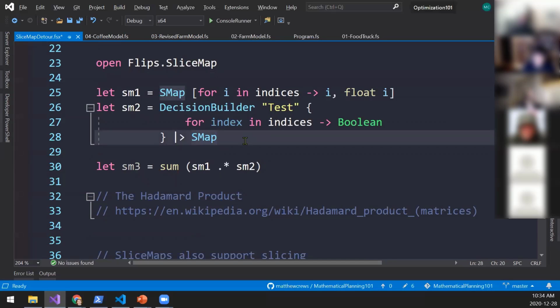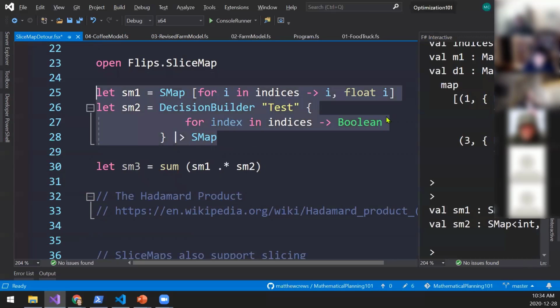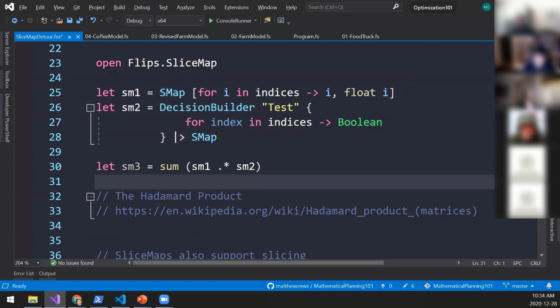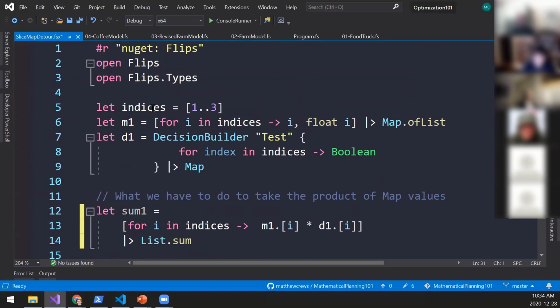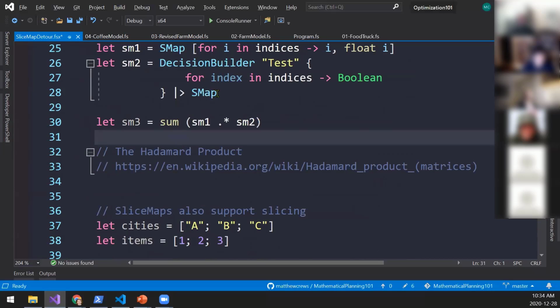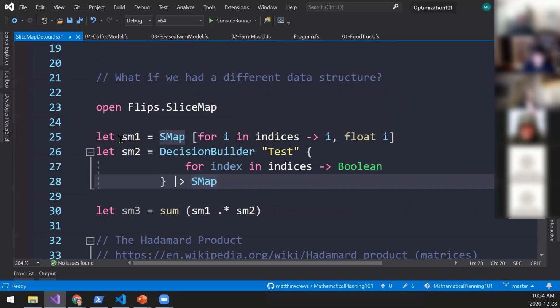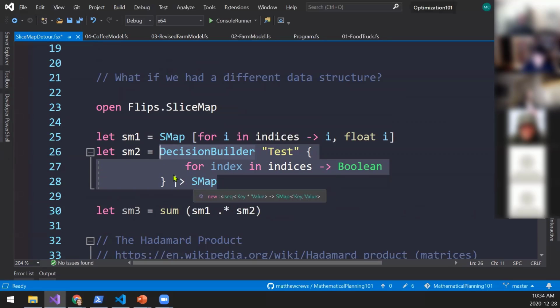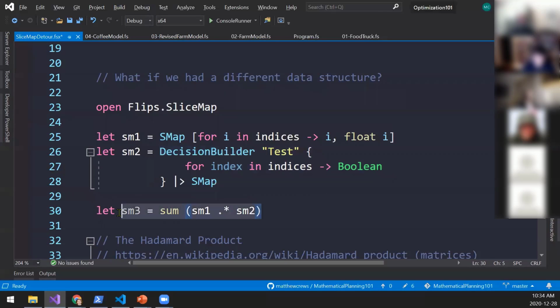So now I'm doing the exact same thing that I was doing up here, but instead of storing this in a map of int float, I want you to store it in a slice map. I'm creating my decisions as I did before, but instead of putting them in a map, I'm putting them in a slice map.